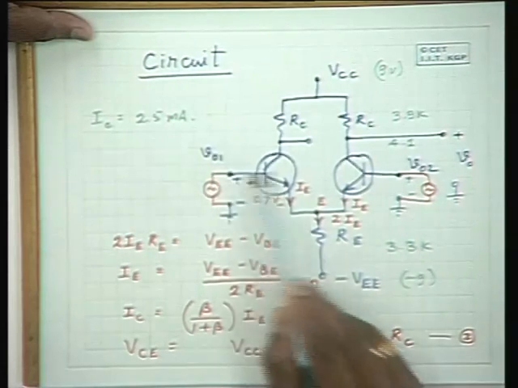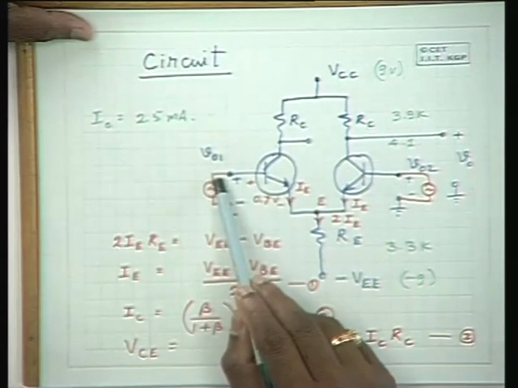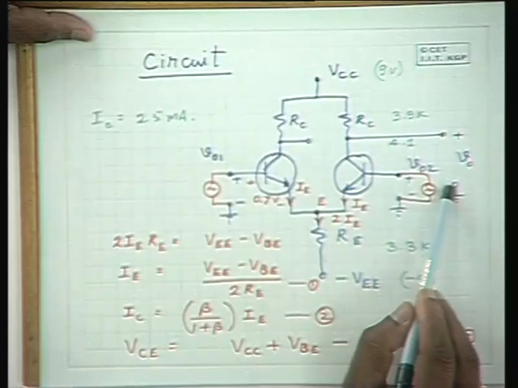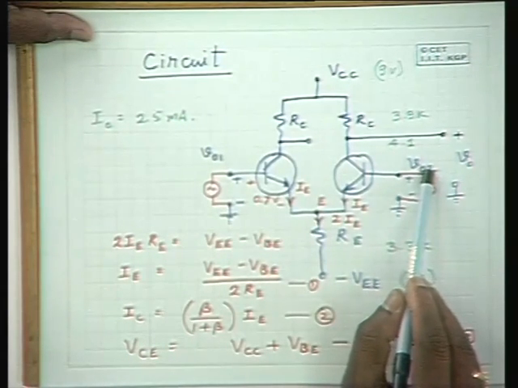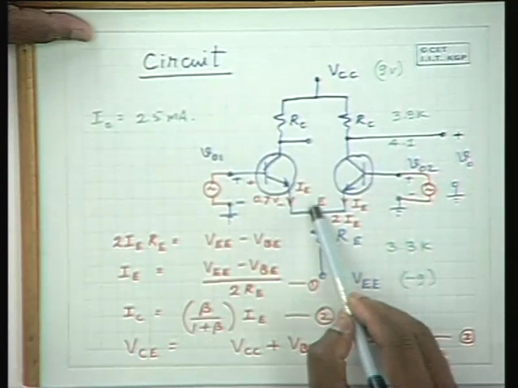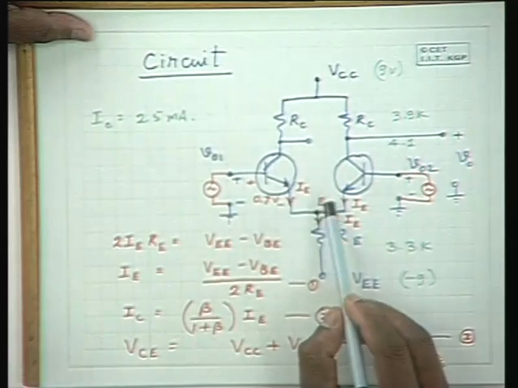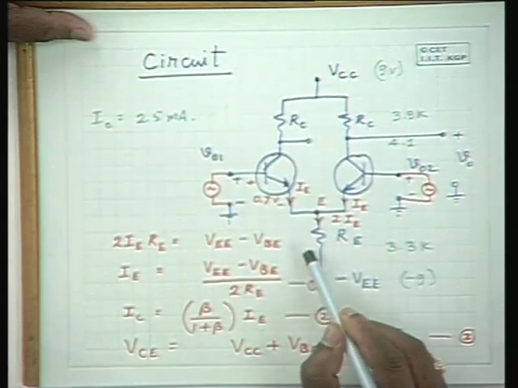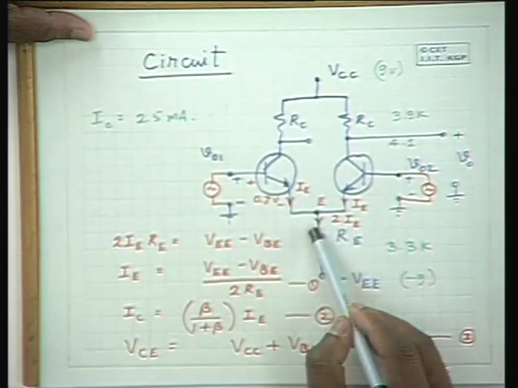Now, if you have the same signal here, say positive, and that is also positive here, the base potential at both the points rises, because of which the emitter potential also rises. And when the emitter potential rises, do you expect any change in the emitter current? Well, there will be some change in the emitter current